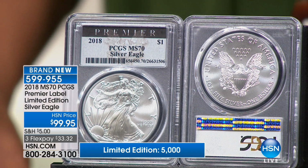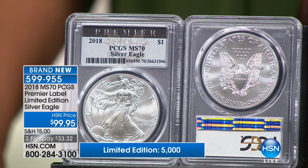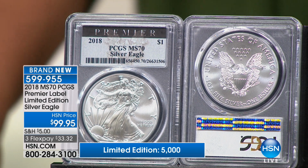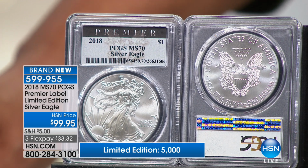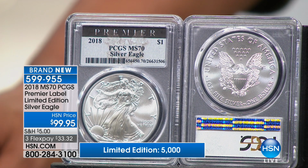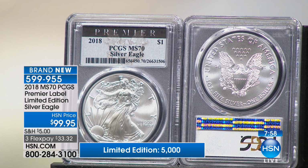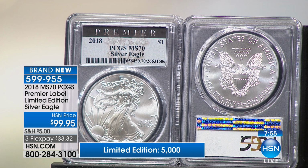The major grading companies, as everybody knows, are PCGS, NGC, and Annex, and then ICG. Those are the only 4 recognized grading companies, coast to coast. So Annex and ICG we have exclusively. NGC, we're starting to get some of the exclusive products with our flag core. But with PCGS, which is probably the most popular of all of these, these coins that you're going to have right here, we've never had, and they've never been able to get a